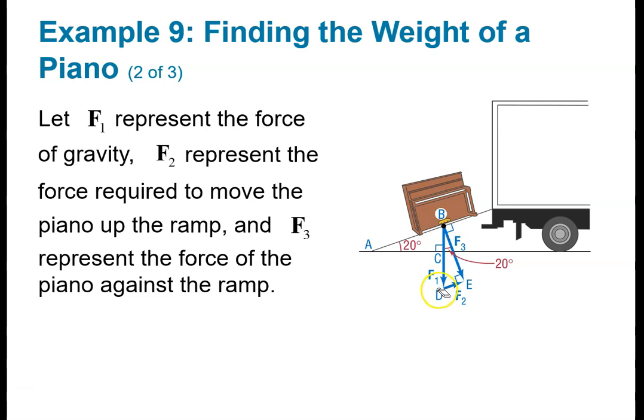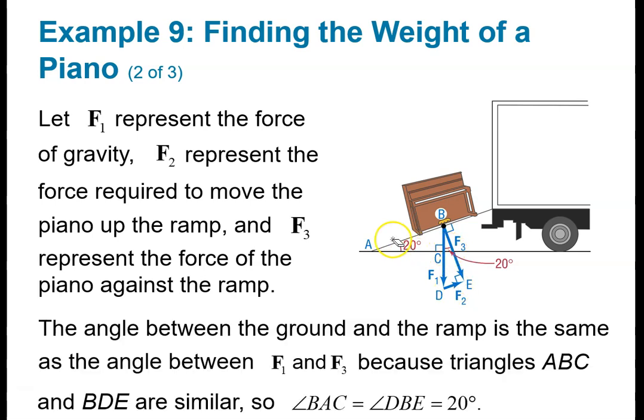This is a hypotenuse, and because this is 90 degrees, this is 90 degrees, this is the force to keep on the ramp, this is the force to go up the ramp. That inclination right there is the same as the inclination of the ramp. And that means these are going to be similar triangles. Right, and because now we know that this angle right here is 20 degrees,